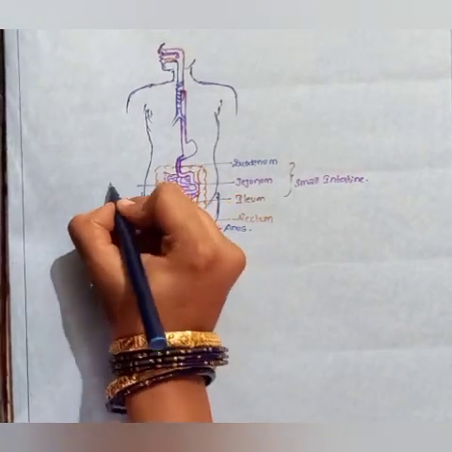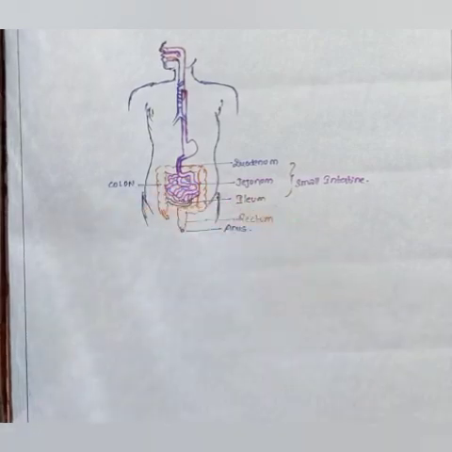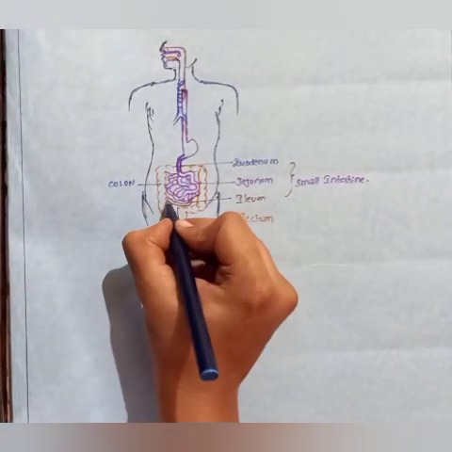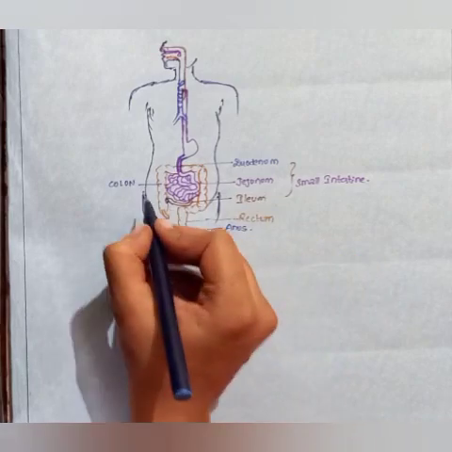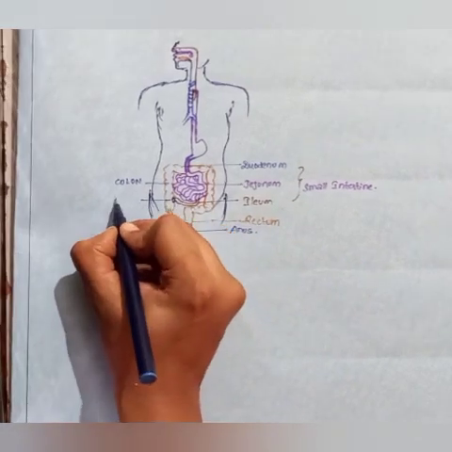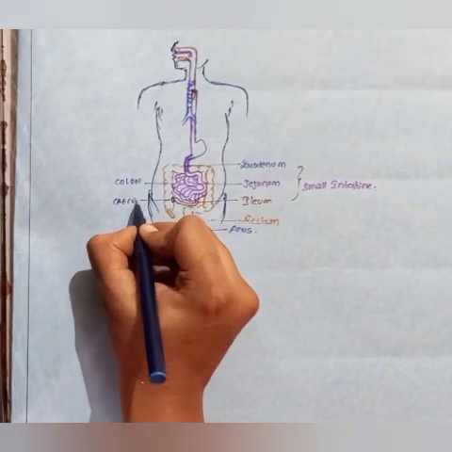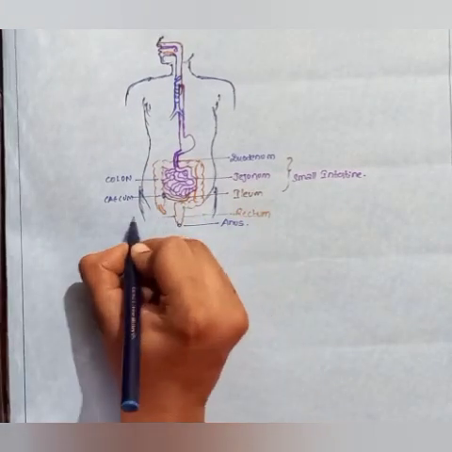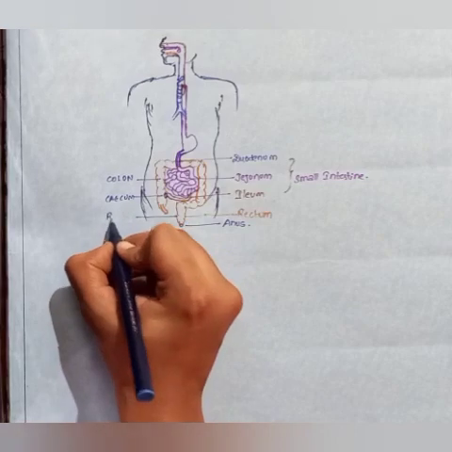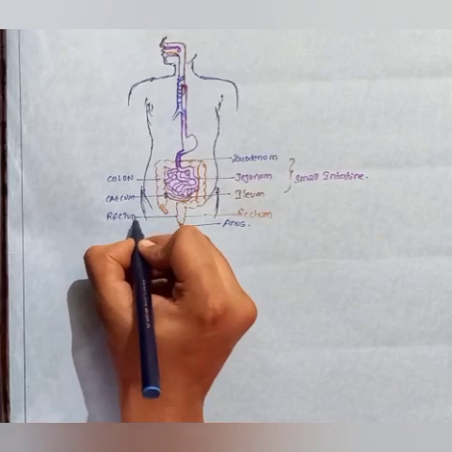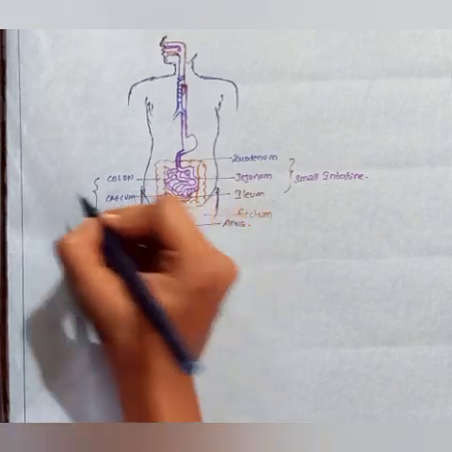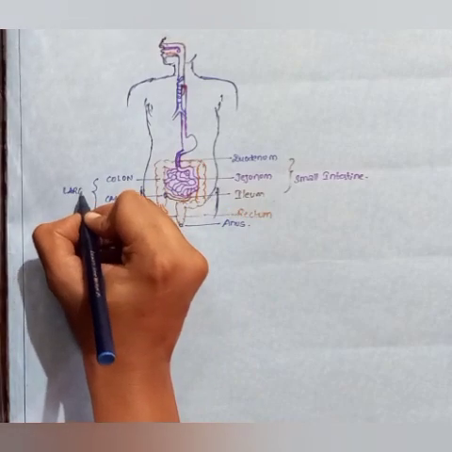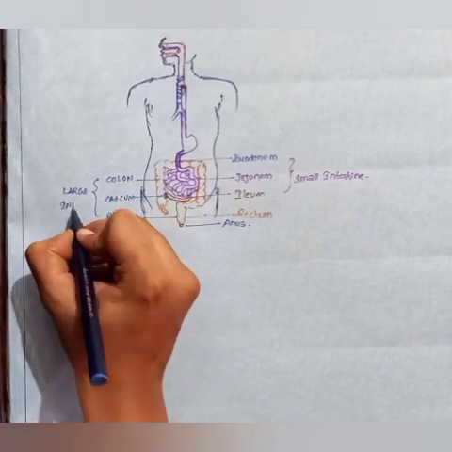Yes, this is colon, and this part where the large intestine opens into the small intestine is known as cecum, right? So once again, I'll label the rectum here so that I can label the large intestine. This is rectum. All the three together can be called a large intestine,